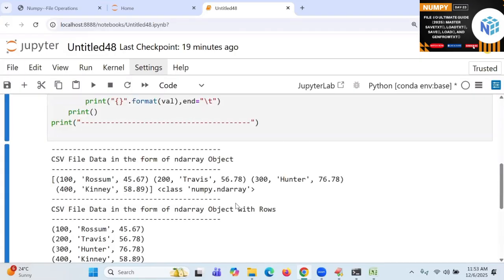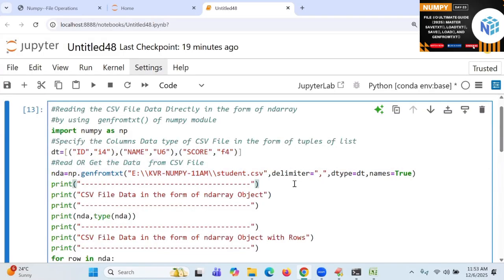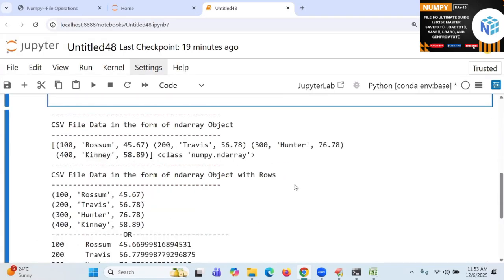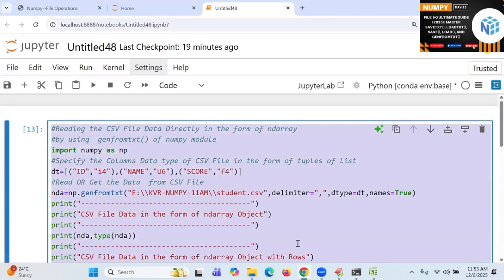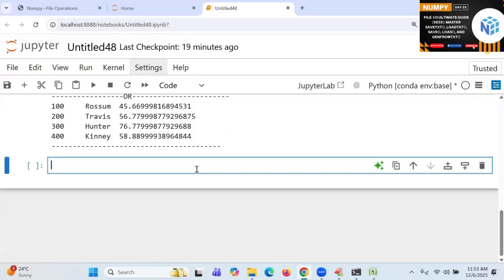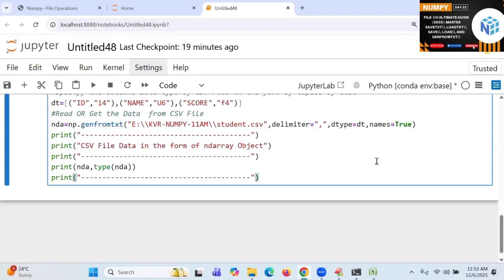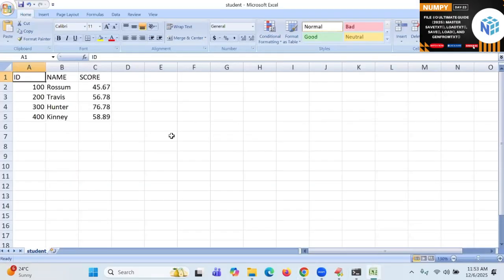I think you are following the significance of how to read the data from which file? CSV file. So sir, what is this names is equal to true? If you take names is equal to true, the headers available here... When I am getting the data in the form of an ND array, what does an ND array not require?